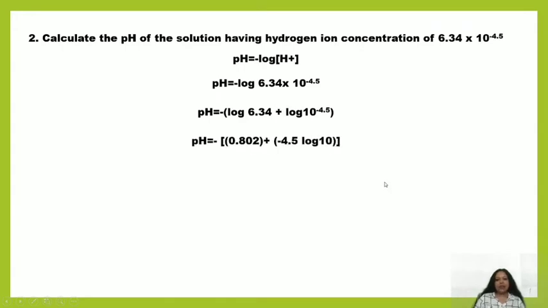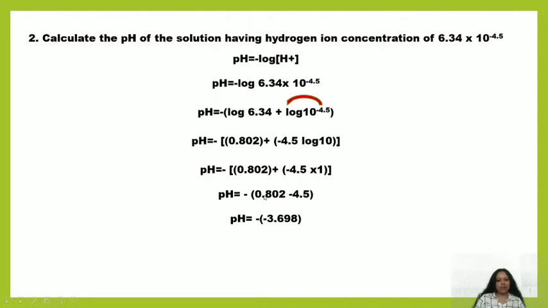Now the fourth point is to find the value of log 6.34, which is equal to 0.802, and again we will solve log 10 raised to the power minus 4.5. For this we need to jump this 4.5 along with its sign in front of the log, just like this, minus 4.5 log 10, correct? Since log 10 is equal to 1, we will just copy this value as it is along with its sign, put the value of log 10, and then solve by omitting the big bracket, and by simplifying we will find out that it would be equal to